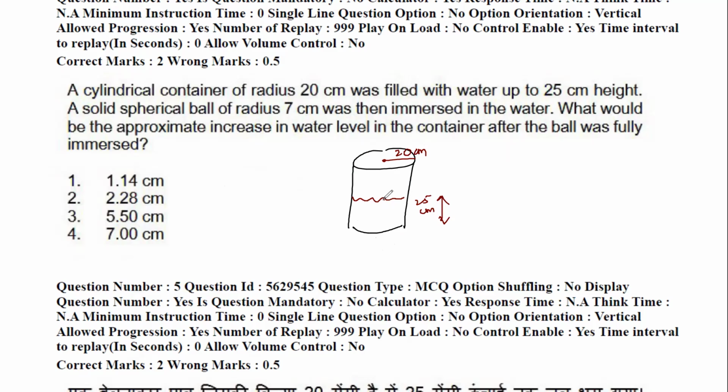So remember, if a ball is completely immersed, then the volume of solid inside the water is no longer water, it is solid. That means that much of water has come out, in the sense has got displaced. So we can say that this displaced water is spread evenly in the cylinder. And when it's spread evenly in the cylinder, obviously it will increase by a fraction of a height, not a huge amount. So then what we do is this volume of the sphere, 4 by 3 pi r cube,